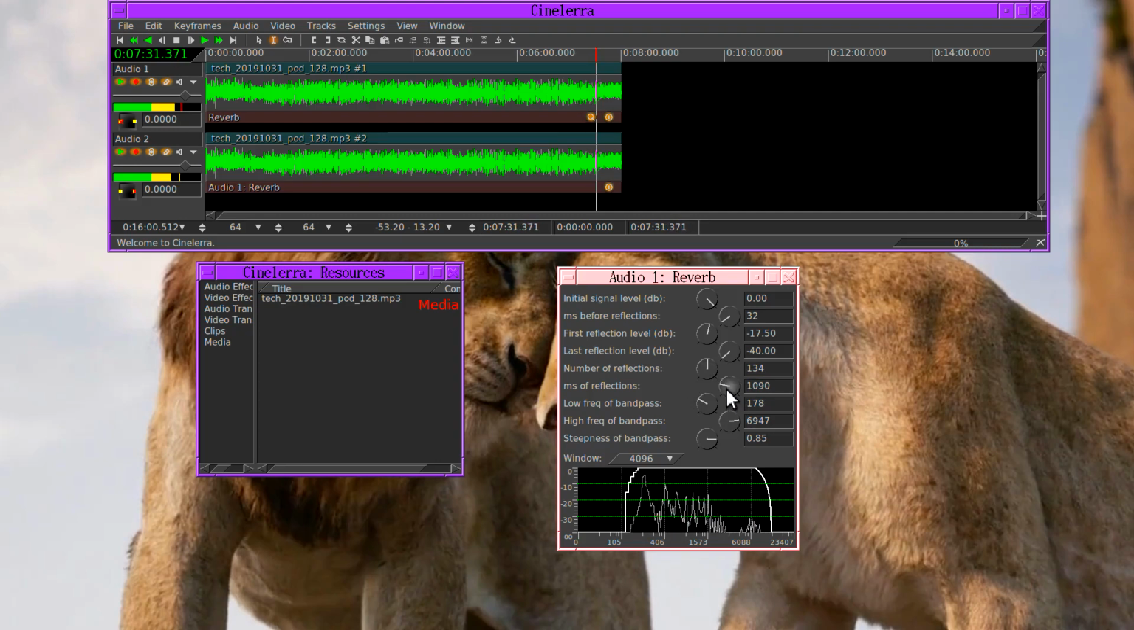The bandpass filter is defined by 3 parameters: the low frequency,